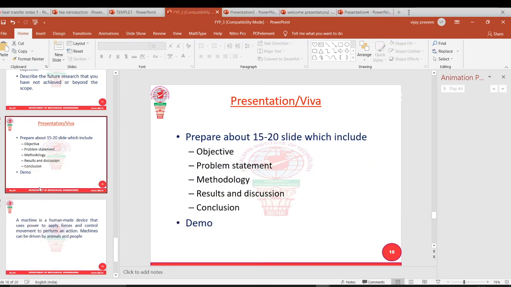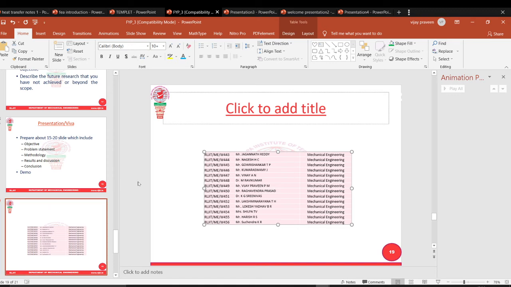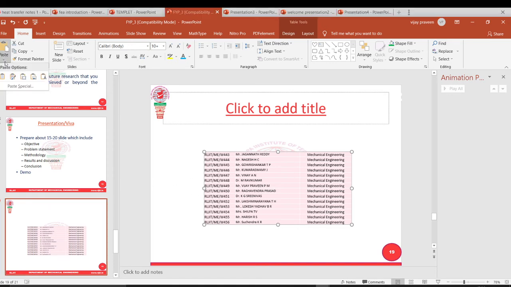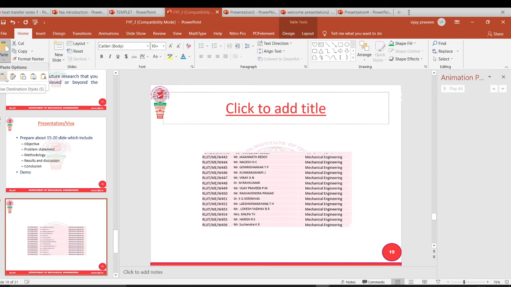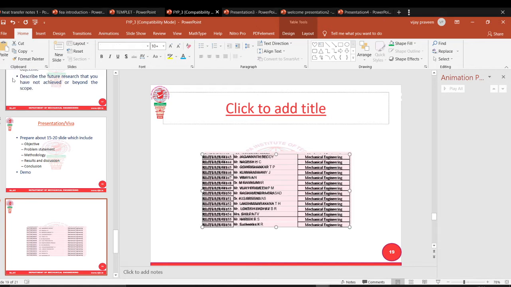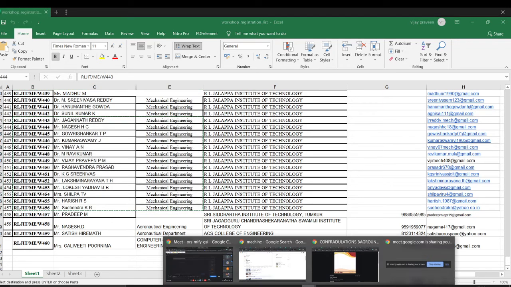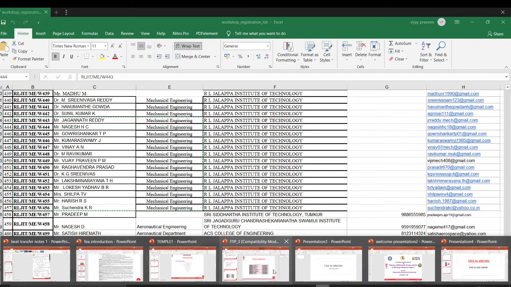Now let's take a new slide. Control V. Now you can see it comes in a pink color. But if you go to the paste option here, there are different options. You can use destination theme. Or if you want to change to keep source formatting, the source formatting here is the black color one. The same will come.